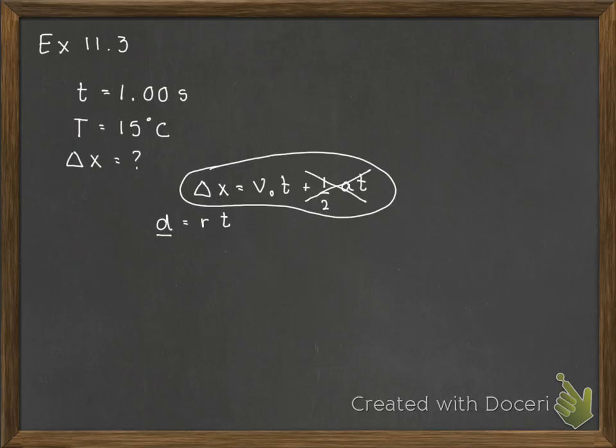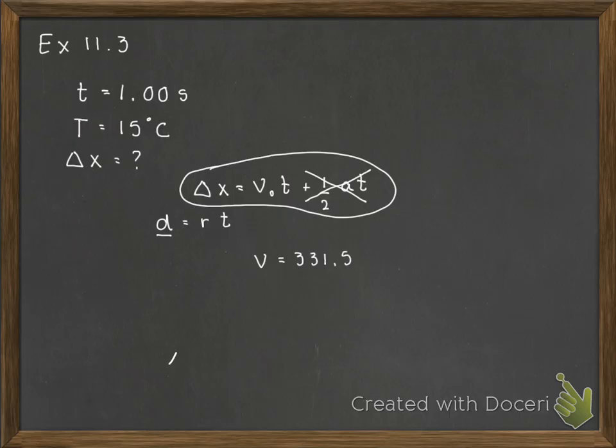What we're looking for is how far away the lightning was formed, which is one and the same as how far away the thunder was. Because light moves so quickly, when you hear the thunder, the light has already traveled. So the distance is our displacement, that's our unknown, and we're looking for the velocity at which the thunder traveled, which is our